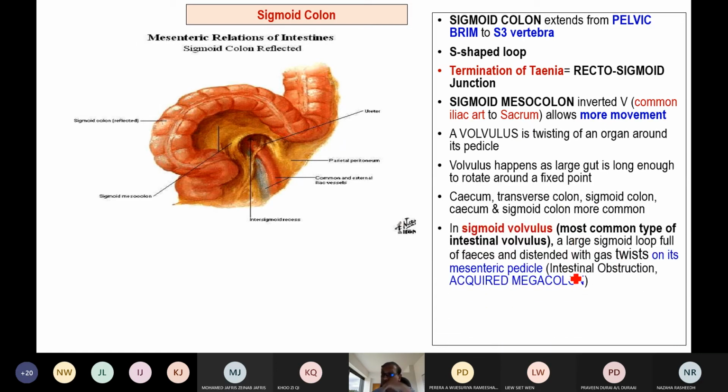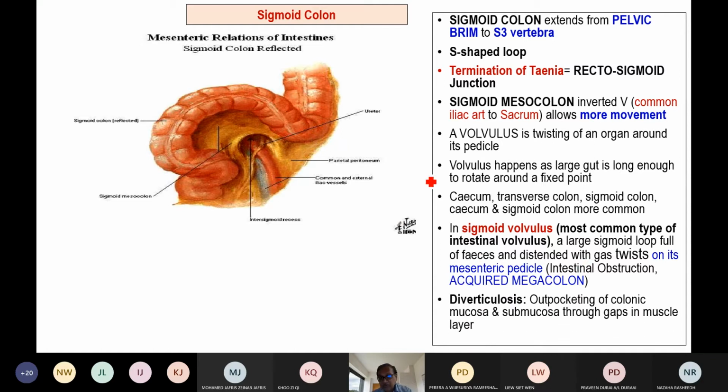So sigmoid volvulus is most common out of all other volvulus. So again, what is volvulus? Mainly the twisting happening through the pedicle of mesocolon because of the long gut. Now there is another point here you must note that we already noted that the large intestine or small intestine